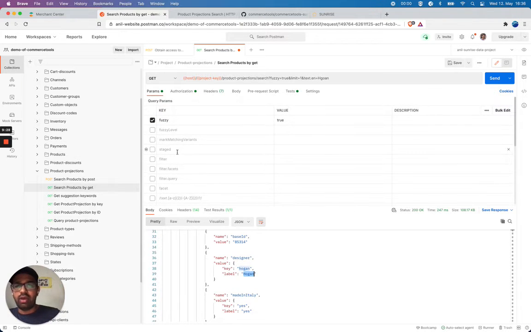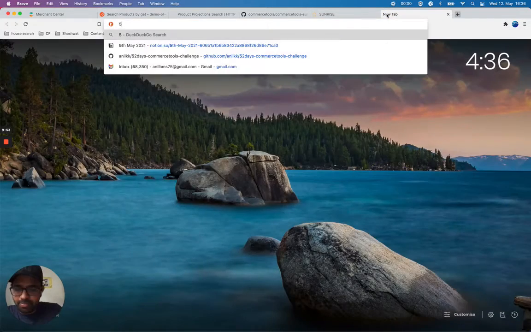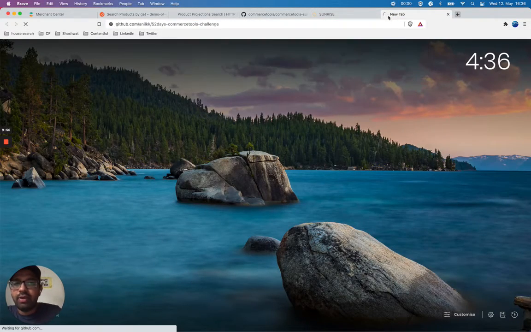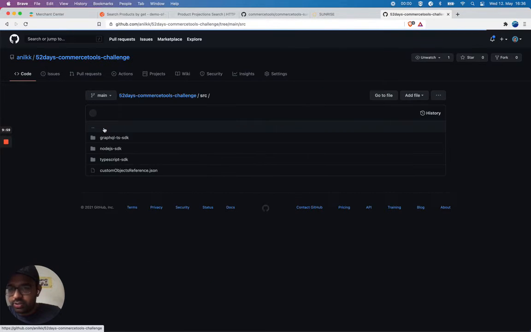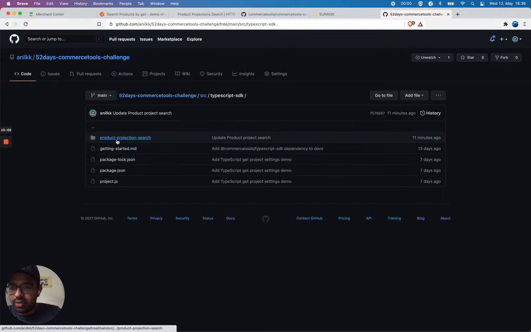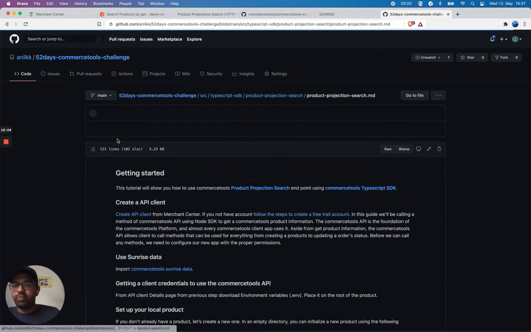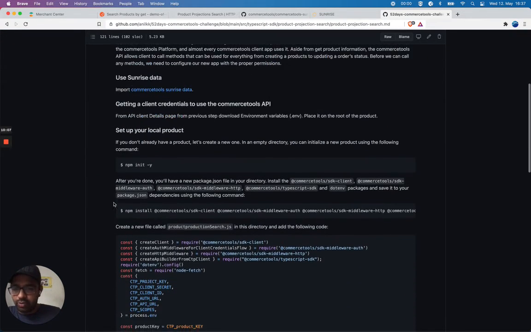Okay, we saw all the things which are working on the Postman collection, but let's dive into how it works using the TypeScript SDK. For this, I'm going to use my guide to run this product projection search using the TypeScript SDK. Let's open the SDK guide. So I'm going to open my source, TypeScript SDK, product projection search. I'm going to open this product projection search guide. So we're going to follow this step by step